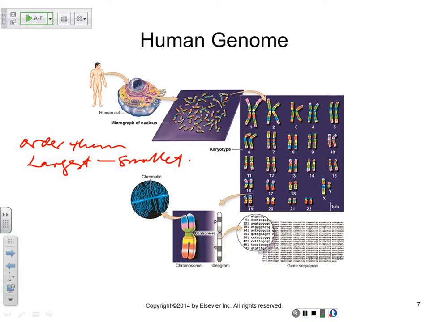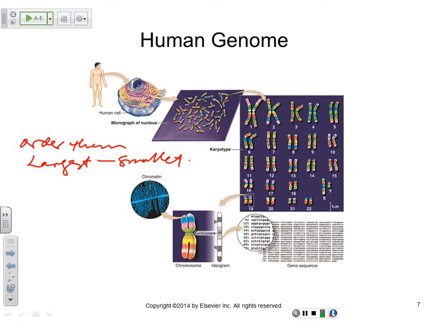Can you tell me what kind of conditions we could diagnose using a karyotype? Trisomy 21. I like that. Yeah. And what kind of condition is that, trisomy 21? Down syndrome. It's what group of diseases does that fall under? Chromosomal diseases, yes. You cannot diagnose single gene diseases with that, right? Because you'd have to see the gene sequence, and so the karyotype doesn't do it for that, all right? So we have other ways we could determine that, all right?